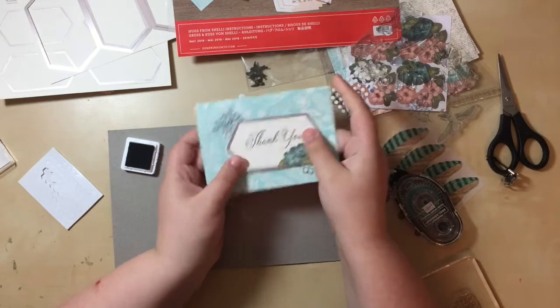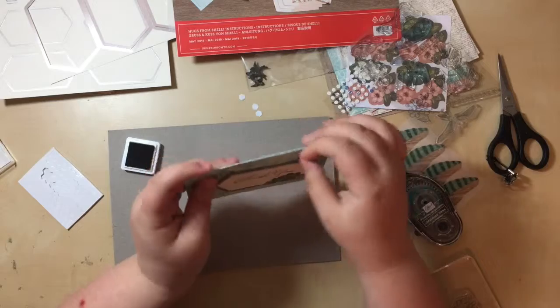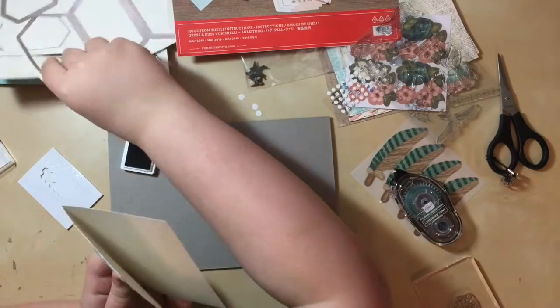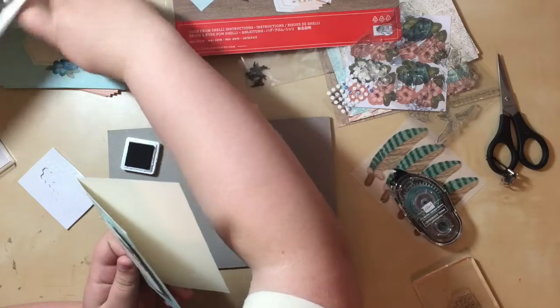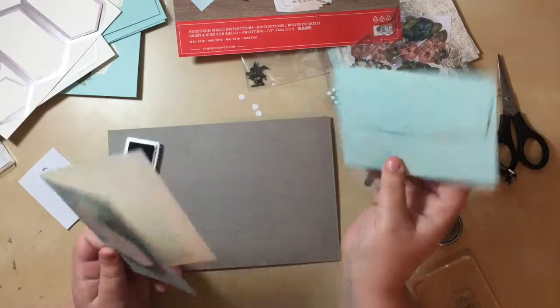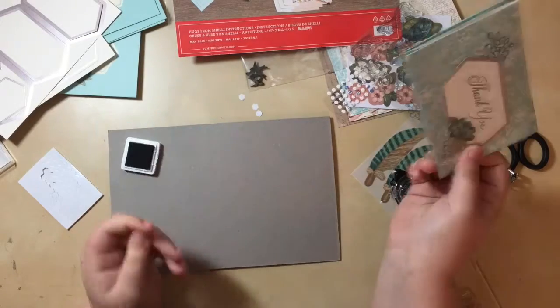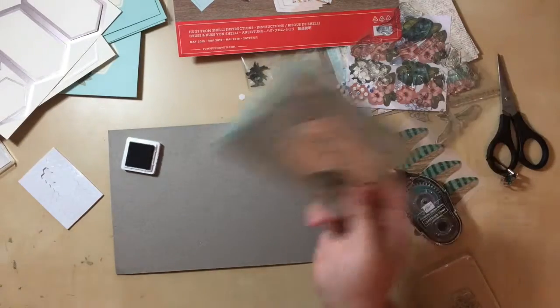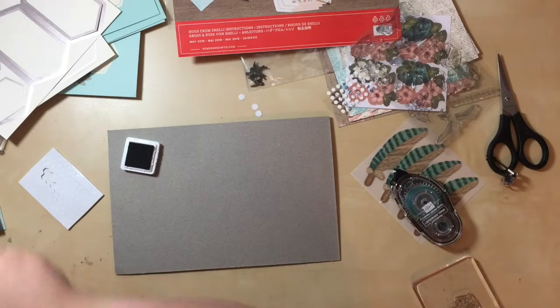Right, so that's it. That's the first card. It's a very pretty card. It's quite simple, which is nice. Now you're going to put it with the envelope that has the blue flower on it. Like so. And you have your first card is done. Next, I think we're going to make